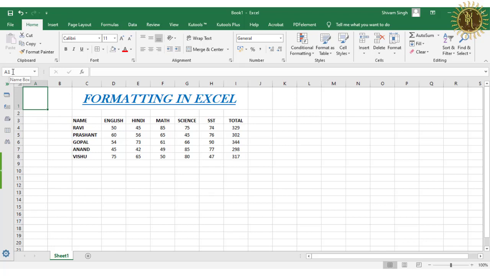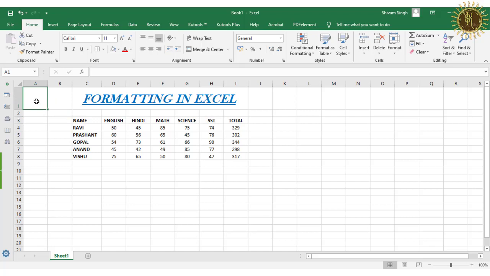So this is the cell address of this selected cell. This is A1. So when we will select this cell, it is showing C3, means the column header is C and the row header is 3. So C3.